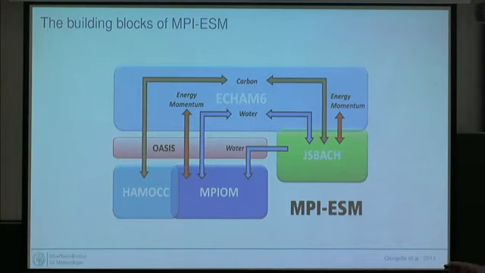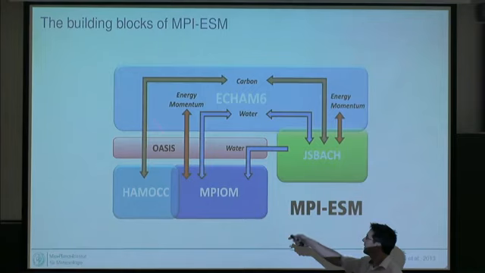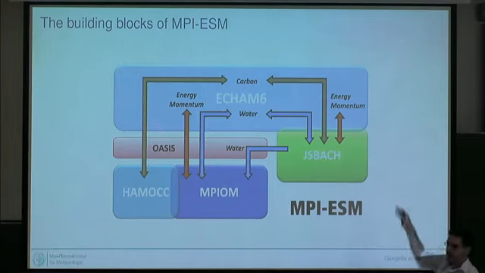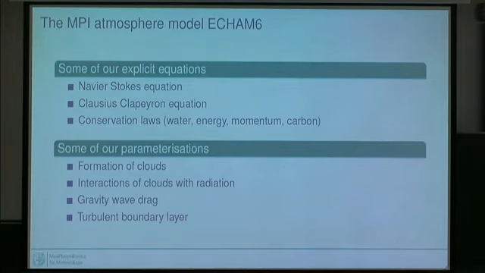And the ocean model is coupled to the atmosphere model through a so-called coupler. Ours is called OASIS, whereas the land model and the atmosphere model are much closer interlinked with each other. So there, things happen directly at every time step. And I'll just briefly walk you through these individual components to give you some idea of what we do there.